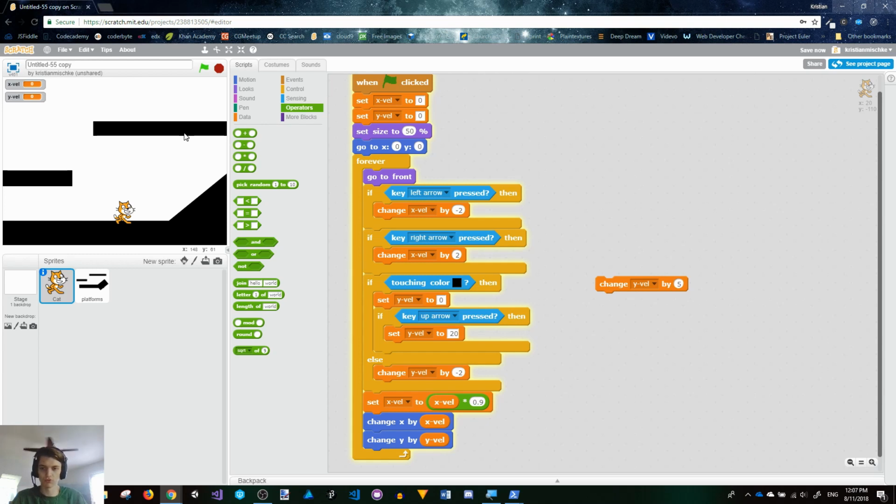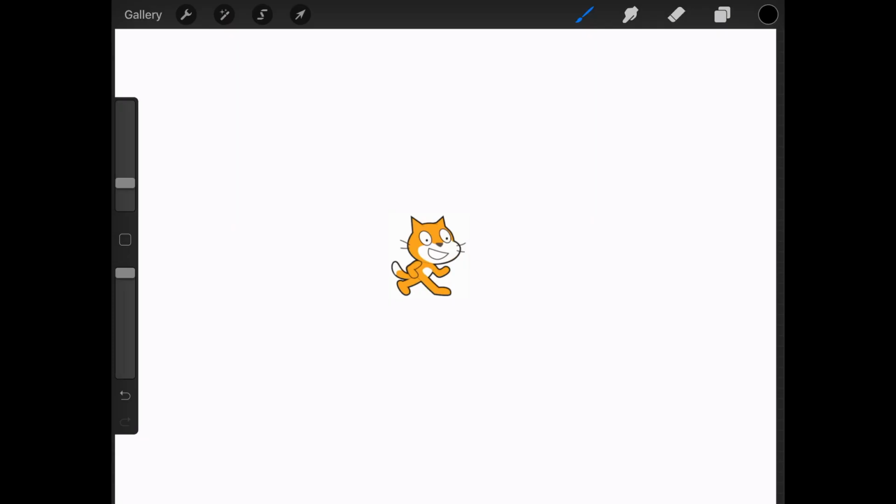But let's just do this one right now. Alright, so I'm going to move over here to my iPad, and I'm just going to show you what exactly is going to happen. Alright, we're going to move over here so I can do some explaining of what exactly we're going to program. So we've got our cat here on the screen, and what we're going to do is basically just